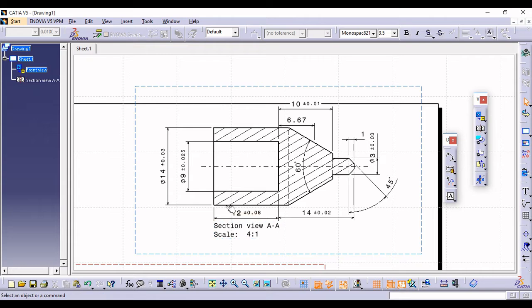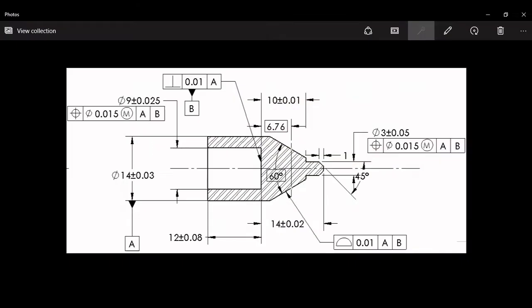So I hope the tolerances are clear to all of you, how to provide the tolerances to my main dimensions or my basic dimensions. So I told you two methods, one through here and one through right click and going into its properties. Okay, and after this the next part is to provide the datum to my surface.